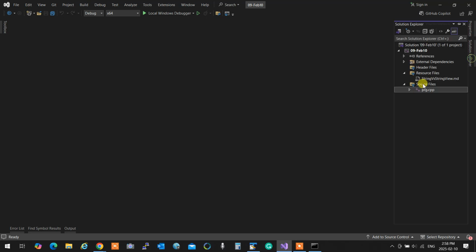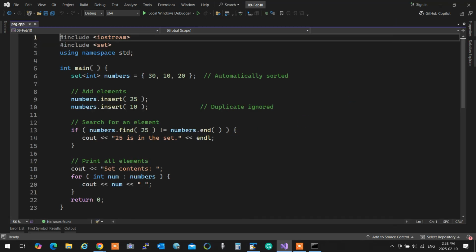Next one is what we call in data structures a dictionary. This thing is called a map. A map is essentially a collection of key value pairs. Each key is unique and all the keys are sorted. What do we use this for? To do fast lookups by key. Retrieve elements using key values in logarithmic time, which is very fast, and it automatically sorts all the keys